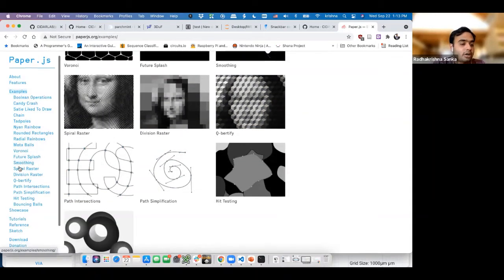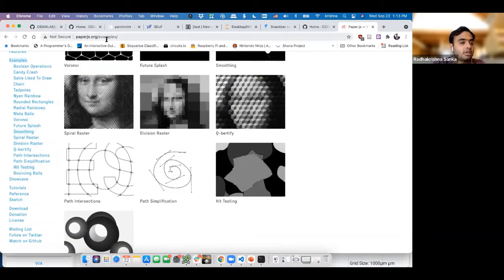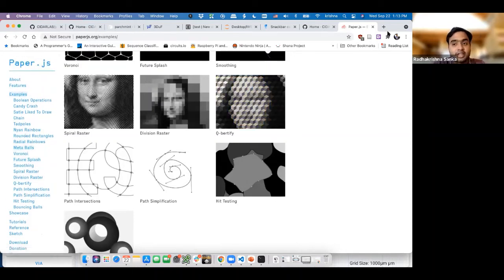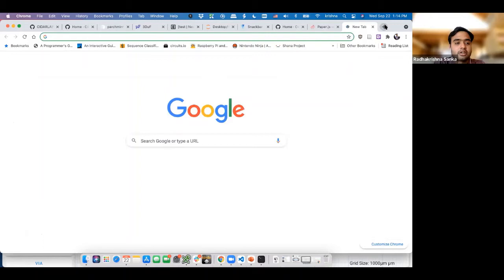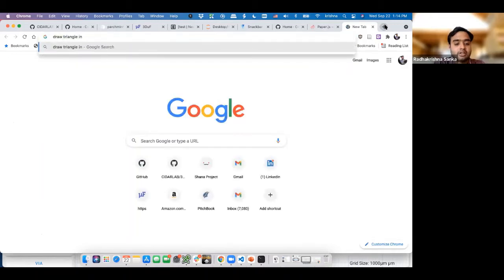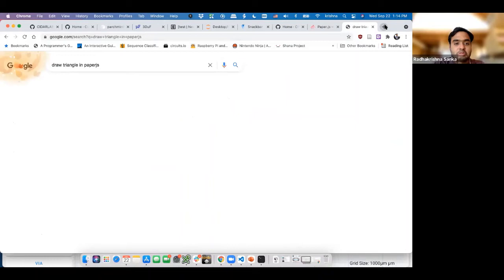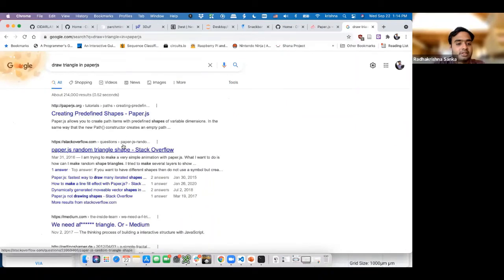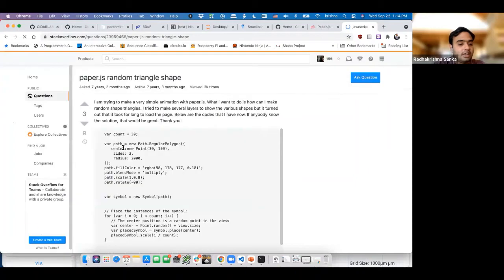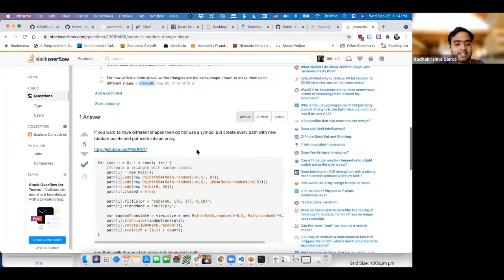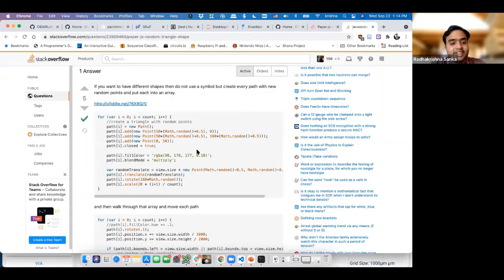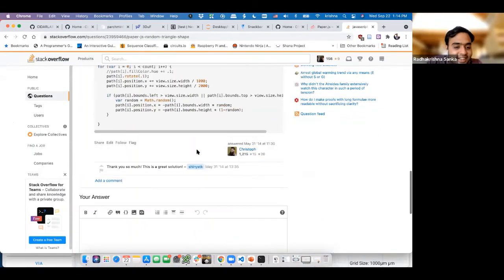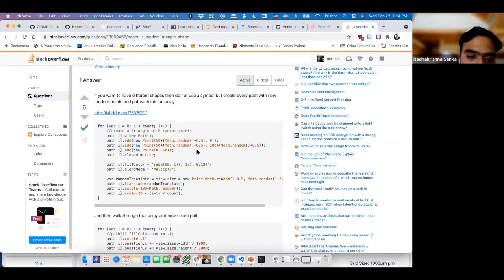Now, let's say we wanted to draw a triangle, right? There's an easy way to do it and there's a harder way to do it. I'm going to see if there's a very quick way, literally Google draw triangle in paper.js. And there you go. Somebody already has an example on how to draw a triangle. So what we're going to do here is, I don't really want to copy this particular triangle code, but you know, it does a job at some level. So we're going to just basically take this